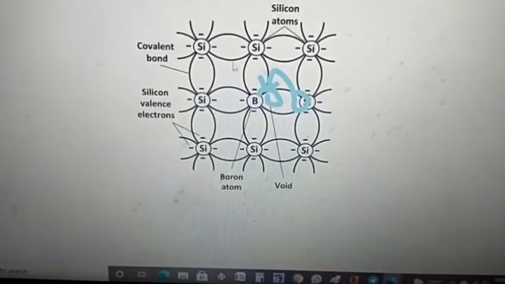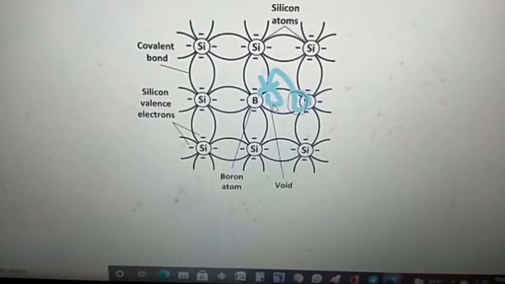A hole will be formed here. See now, the movement of the hole is opposite to the movement of the electron, because the electron is moving in this direction but the hole is moving in this direction. As the electron is moving to fill the hole, what happens when we apply an electric field? The electrons would move towards the positively charged plate through the electronic holes. Then what happens? The movement of free electrons will occur due to the presence of positively charged holes there. So, as the conductivity increases due to the presence of positively charged holes, we can call this type of semiconductors